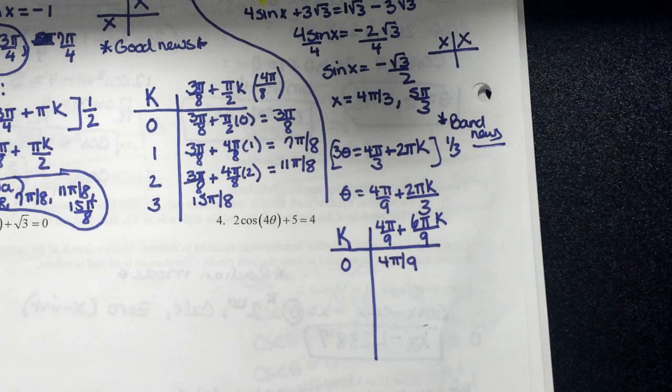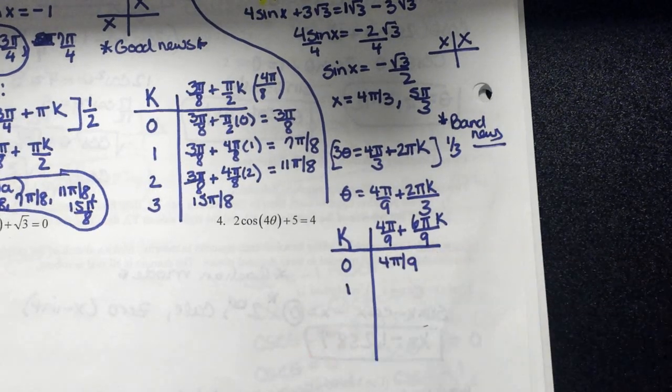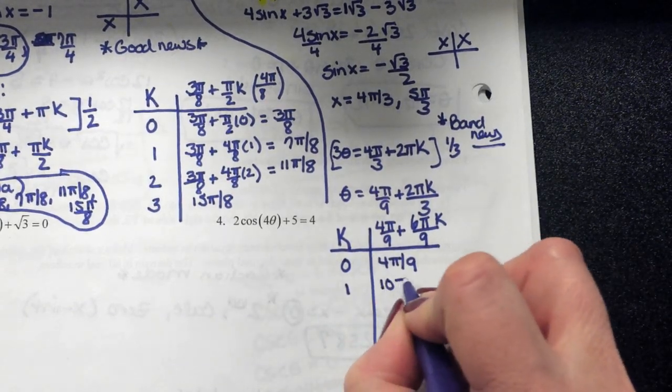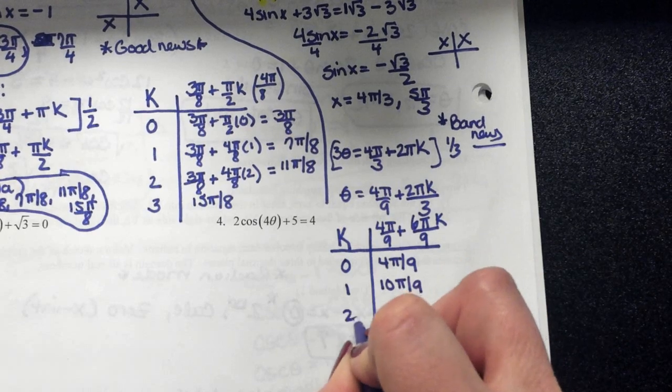Remember, I need to stop when I get to 2 pi. Where am I going to stop? You kind of have an idea where your stopping point is going to be. When do I know I get to angles greater than 2 pi? 18 pi over 9, exactly. So when I plug in a 1, what's the next angle going to be? 10 pi over 9. When I plug in a 2,